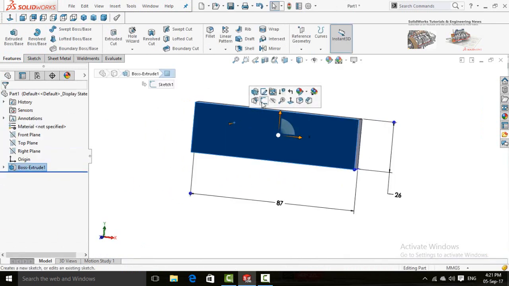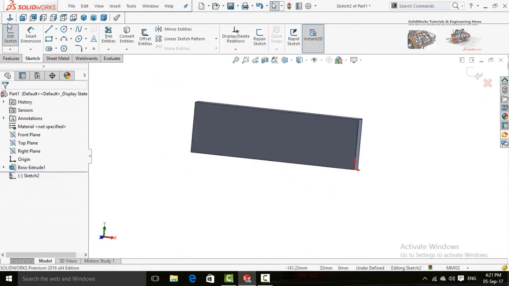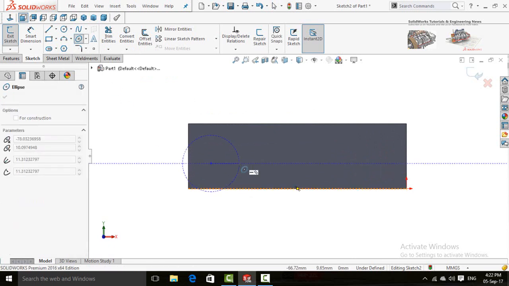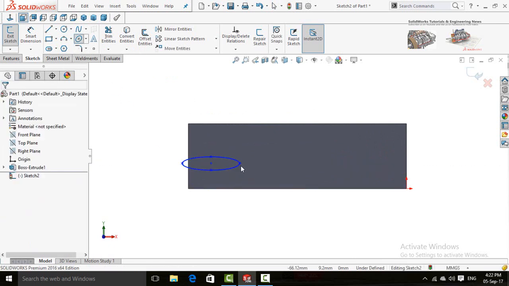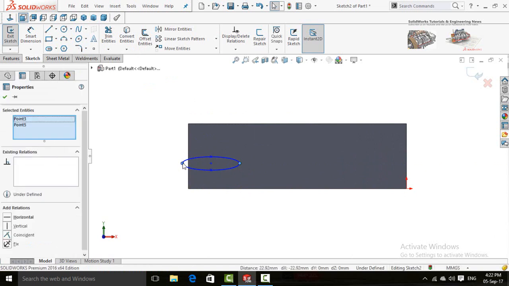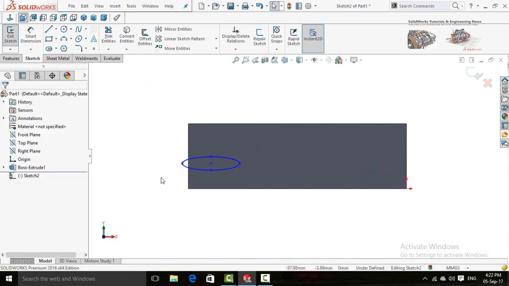Now click on this face and sketch on it, make normal to and select ellipse, draw it like this. Now press and hold Ctrl key and select both of these points and make relation horizontal.